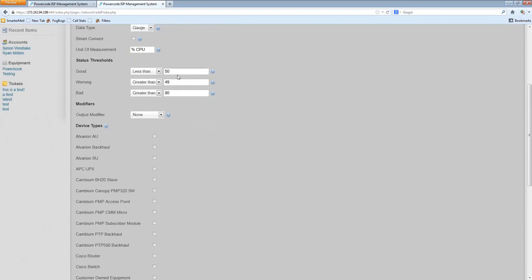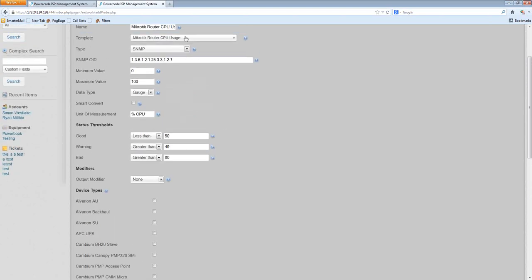So the status threshold, you see we have some things predefined in here. Really what this is giving you is the ability to say how you want a device to be moved into these different statuses. Right now, on this template, this device is going to be good as long as the CPU is less than 50%. It's going to be in warning if it's greater than 49%, and it's going to be bad if it's greater than 80%. Now you may disagree and say, in my mind, it's only good if it's less than 25, and I'm going to say it's bad if it's greater, and I don't ever want it to go into warning. Well, you can do that,